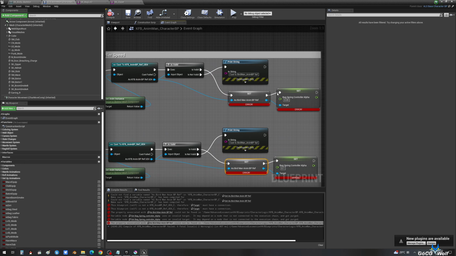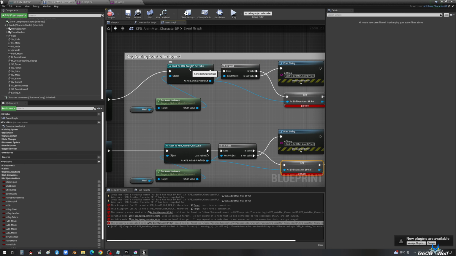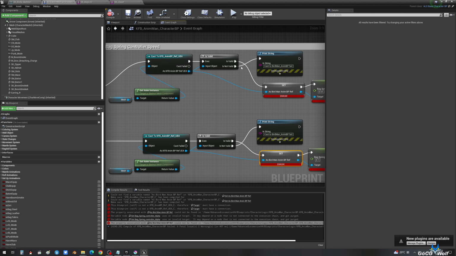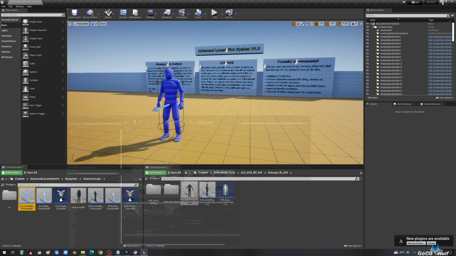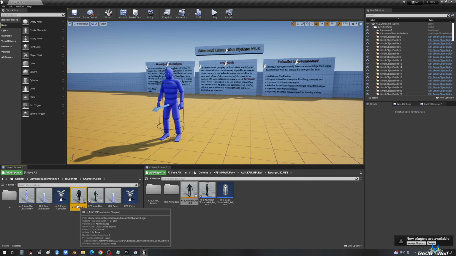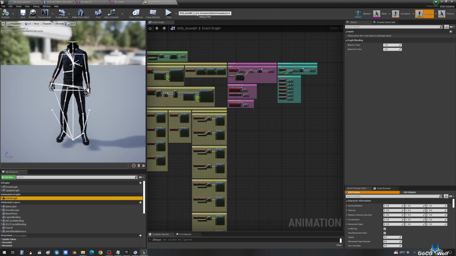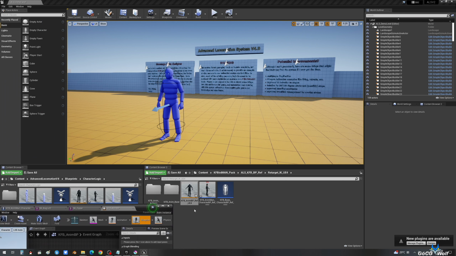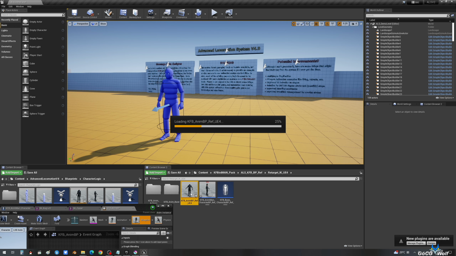Since these nodes haven't been created yet, you must go to the KFB animation blueprint to create them. Now let's open the KFB animation blueprint. Also open the KFB animation blueprint reference.